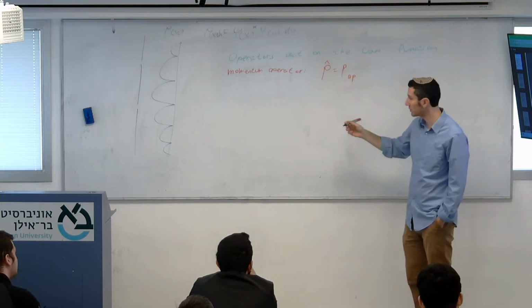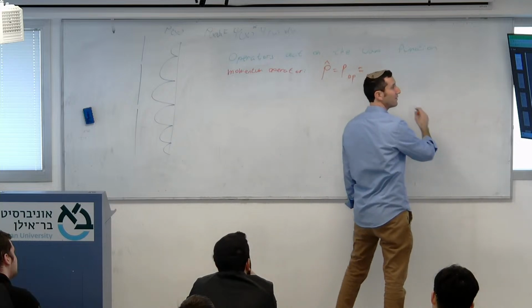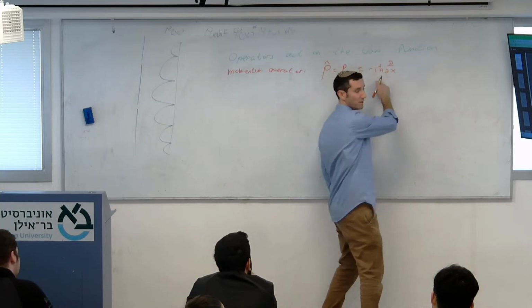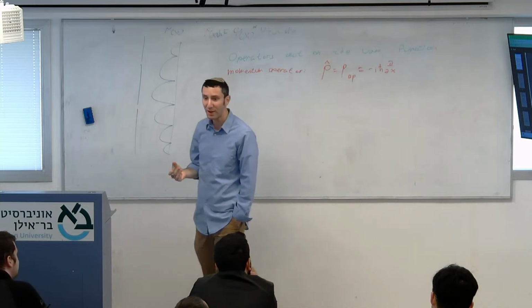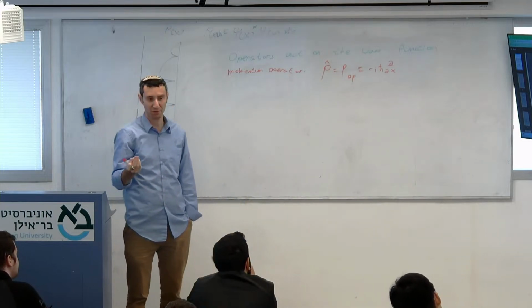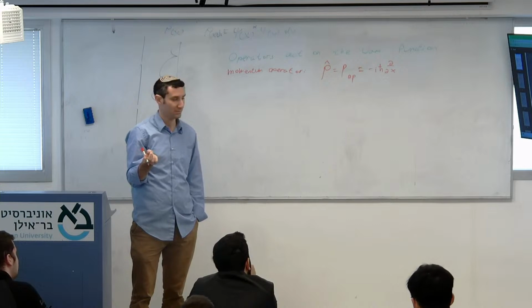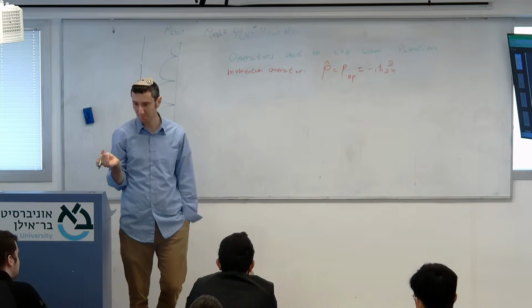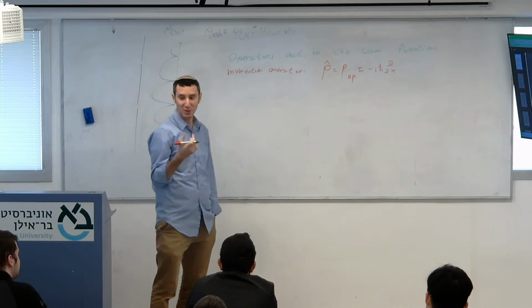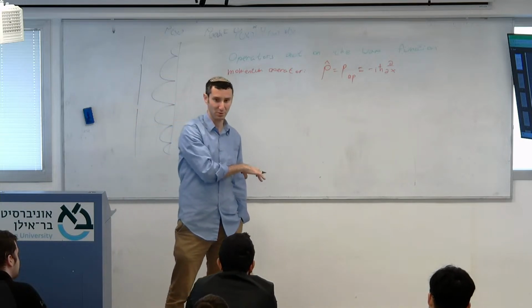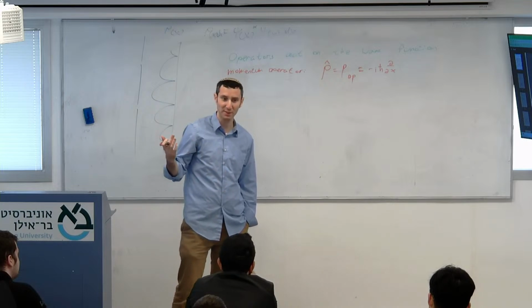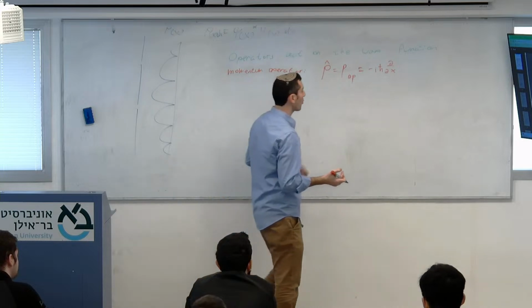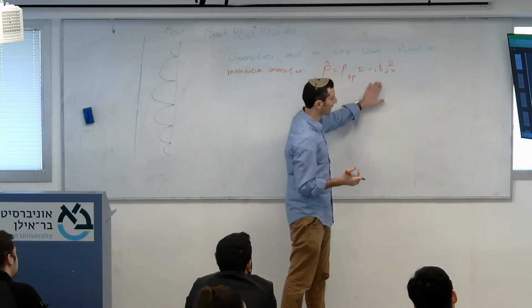Specifically, the momentum operator is going to be minus i h bar d/dx. H bar is a certain constant, it's a number. It has units of angular momentum. I think I mentioned it last week. It's a very, very small number. Had it been 0, we would not have quantum mechanics, as we'll see in the future. So when P acts on psi,